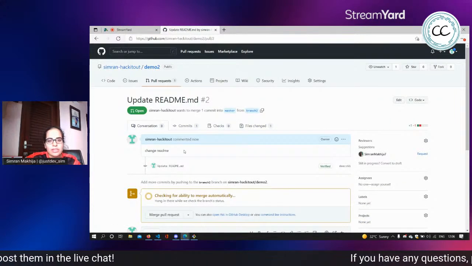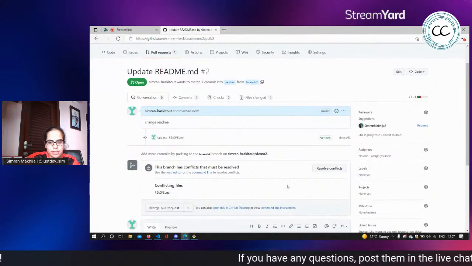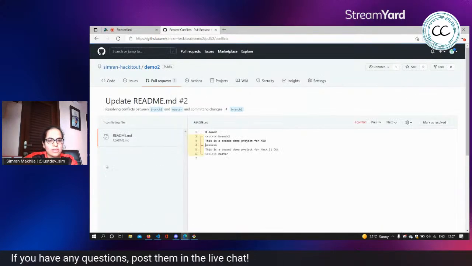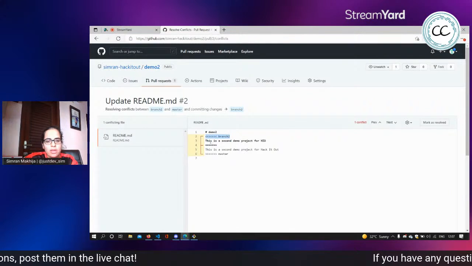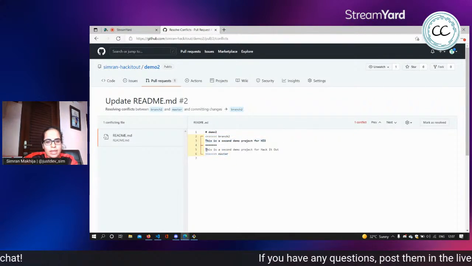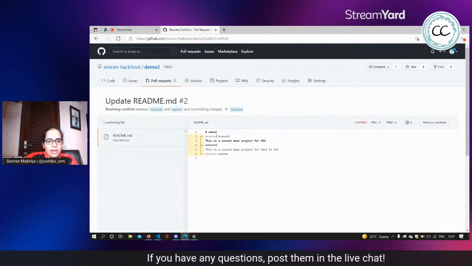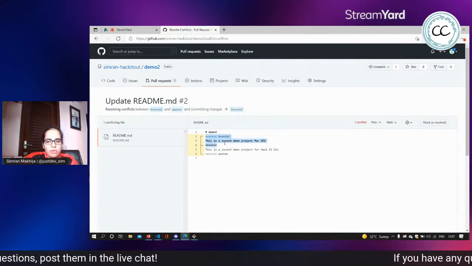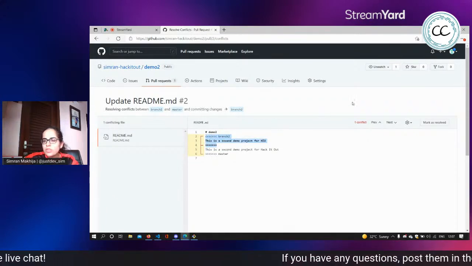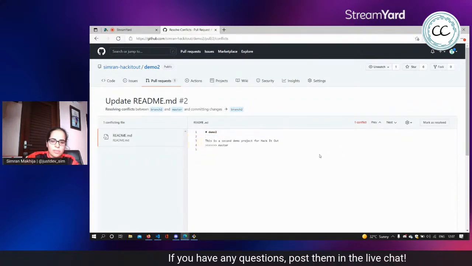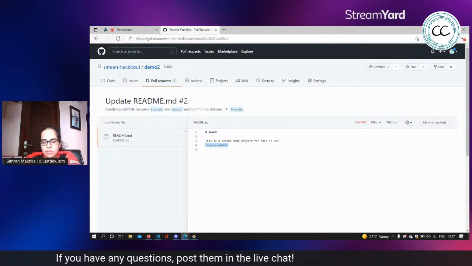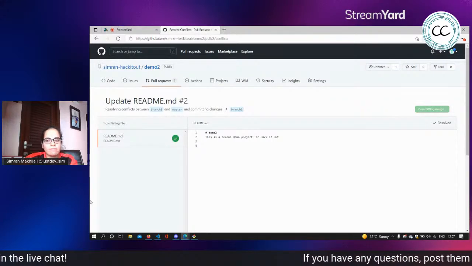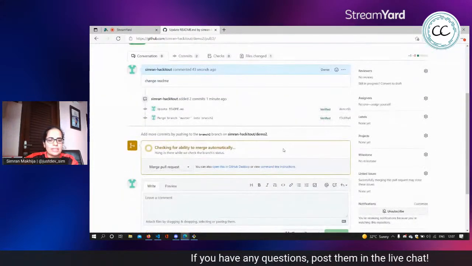Now, when you create this request, you can see that there are conflicts. So before you can merge something, you'll have to resolve conflicts. It shows you that branch 2 has this text while master has this text. Which of the two would you like to accept? So let's just assume we want to accept changes coming from branch 2. So we just delete this bit and this. We've resolved the conflict, we mark it as resolved, and we merge. That's it. It's as easy as that.